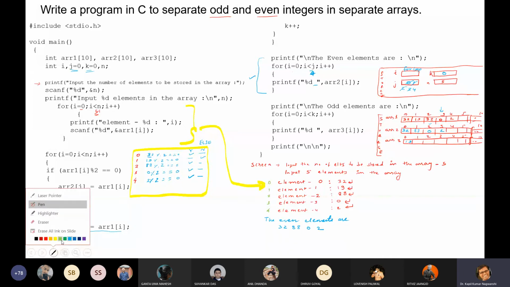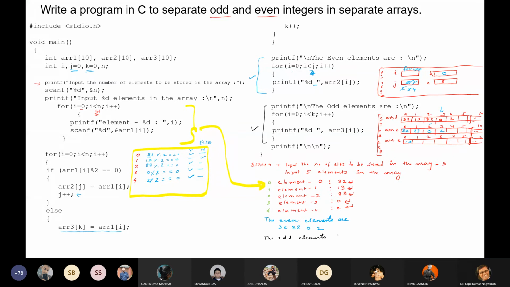Now let us see with some other color. So the other color is our black. So let us see this. The odd elements are I equals to 0 onwards. What is the current value of k? K becomes 1, because k is also incremented by this.